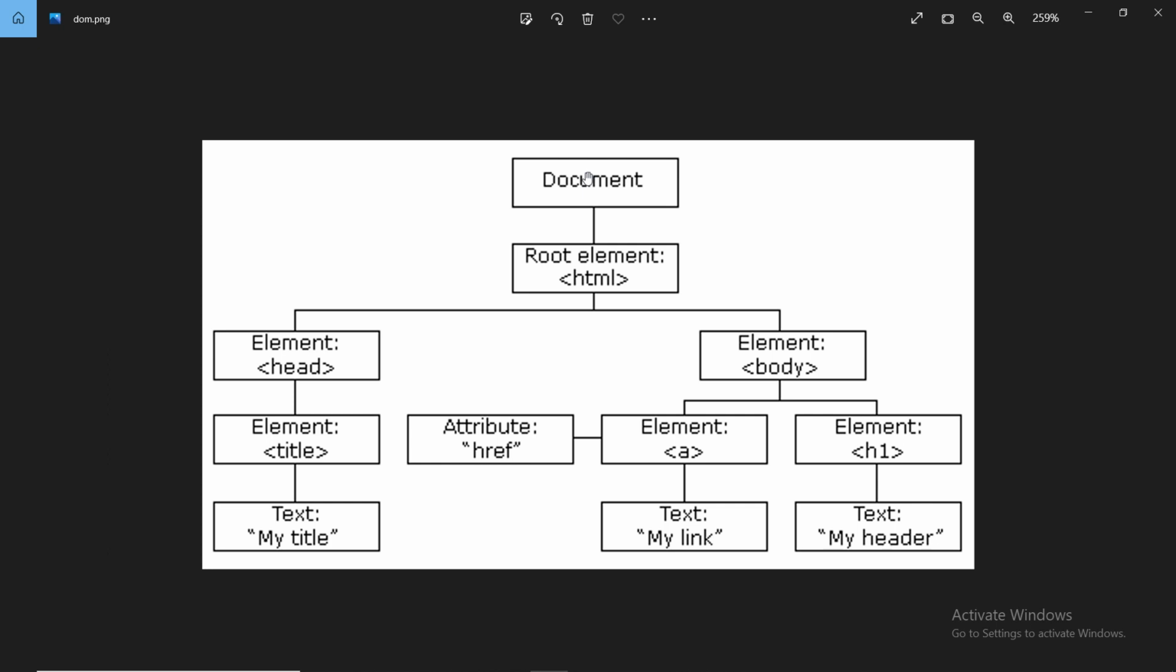Why it converts an HTML document into a tree structure: whenever there is an image, we can easily understand, right? If you represent some data in the form of a pictorial representation, then I can easily understand. Similarly, if I represent my data in some hierarchical manner, like